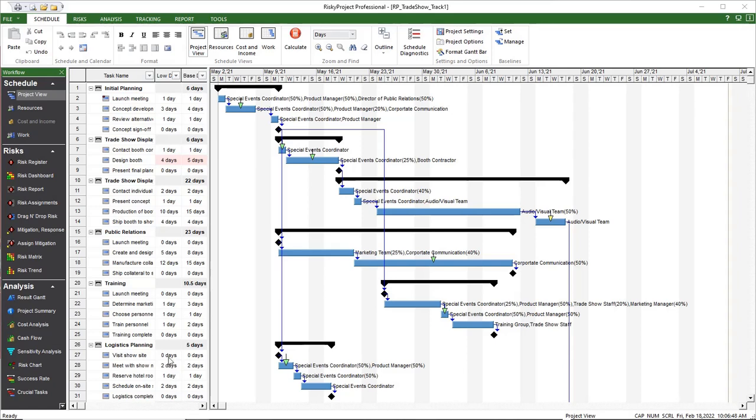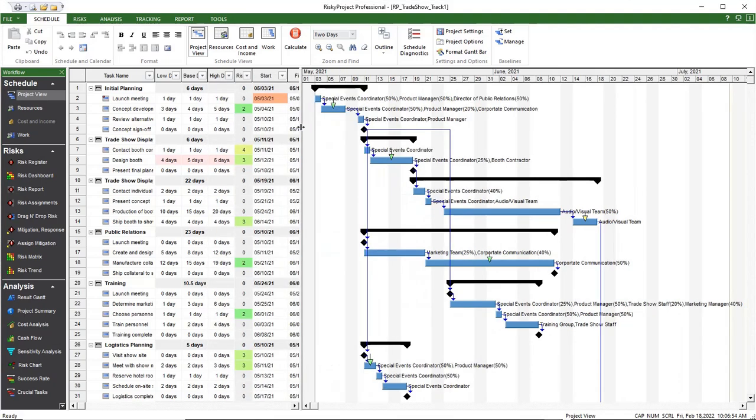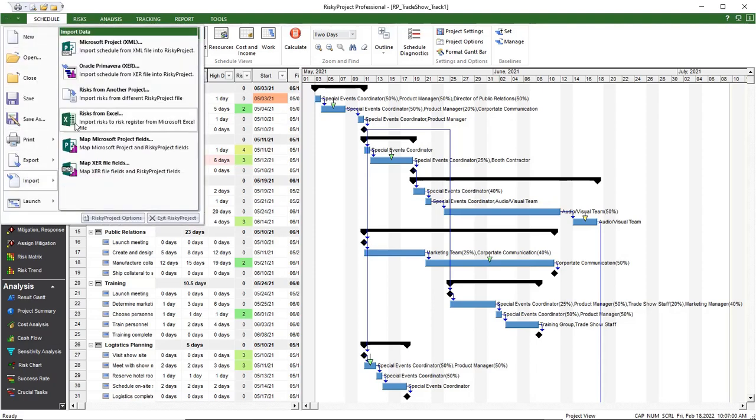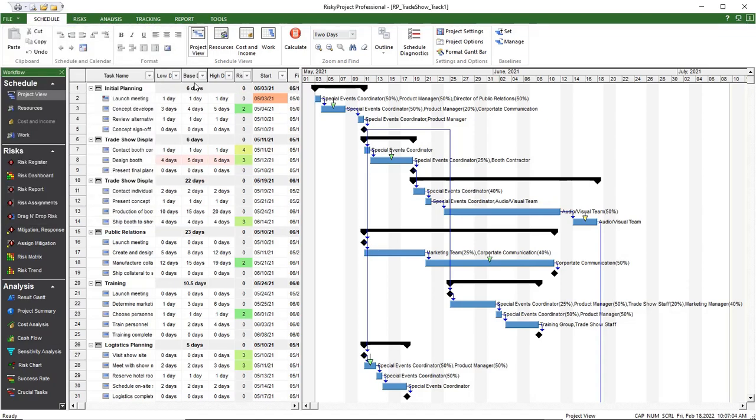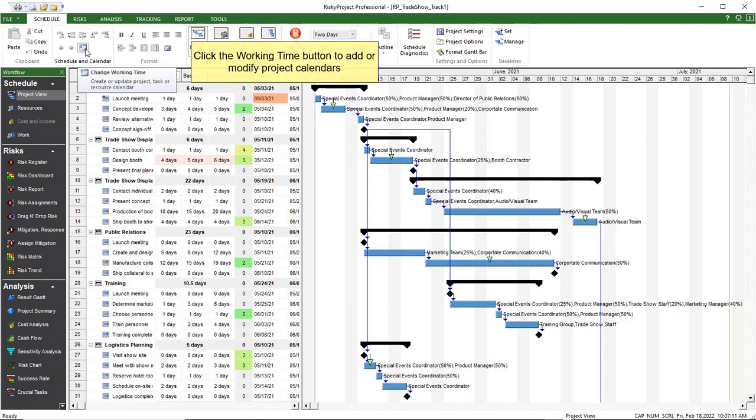Calendars are used to define the days and hours in which work will take place during project execution. If you have imported a project schedule from another scheduling tool, such as Microsoft Project, all calendars are included with the import. To define a project or task calendar in RiskyProject, left-click on the Change Working Time button on the